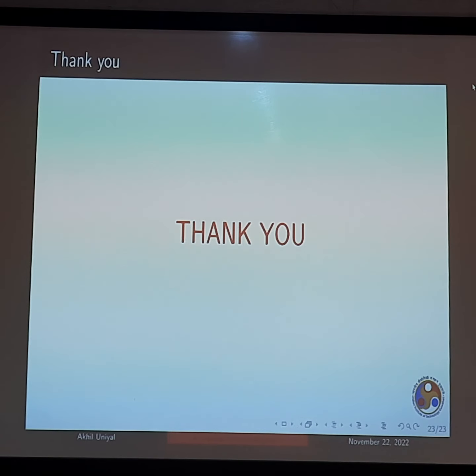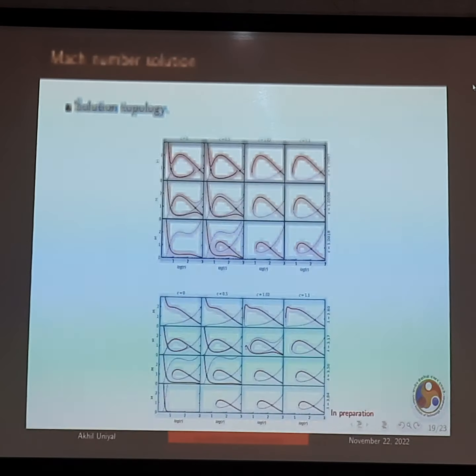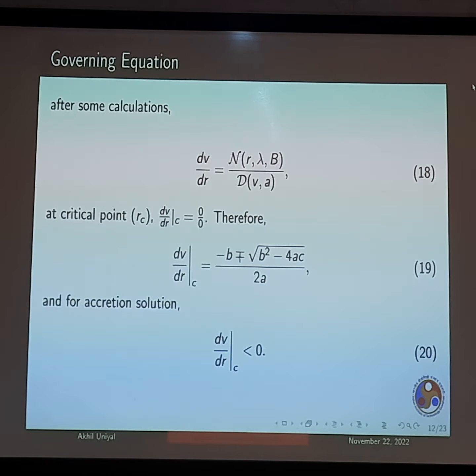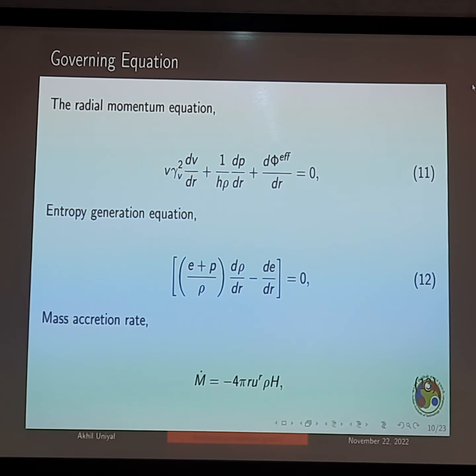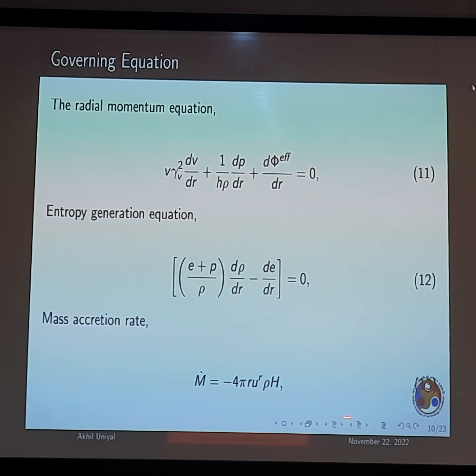Can I see your page number 10? Where this accretion rate equation is? Yeah, the last equation. The U is velocity, right? Radial velocity. And H, what is the... It's the disk. Sorry? Disk. And rho is the density. Does it not look like the Bondi accretion? It is actually Bondi. Spherical, yeah.